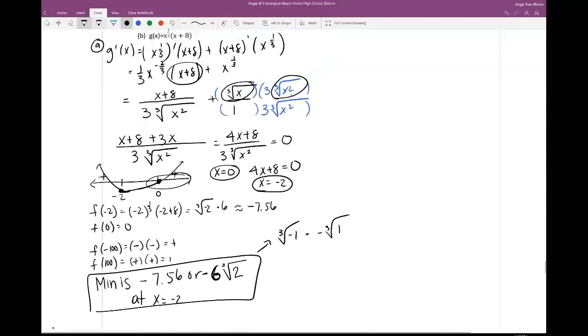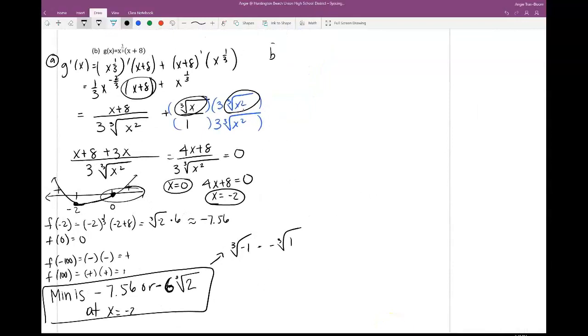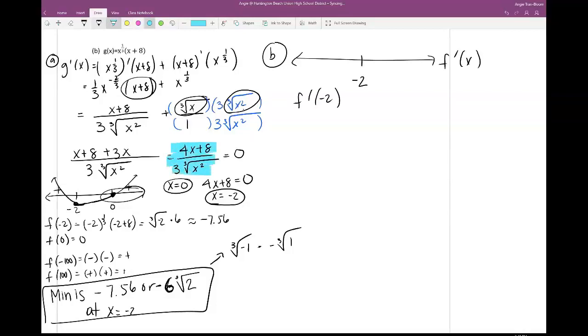So that is just part A. Part B, find increasing and decreasing. I don't need to use 0, so keep that in mind, because 0 from our chart over here wasn't a minimum or maximum. So for part B, I'm going to use f prime of x. So this is x equals negative 2. I'm going to plug in f prime of negative 2 to see what it gave me. And the f prime equation was found over here. Okay, so here we go. It equals 4 times negative 2 plus 8 all over